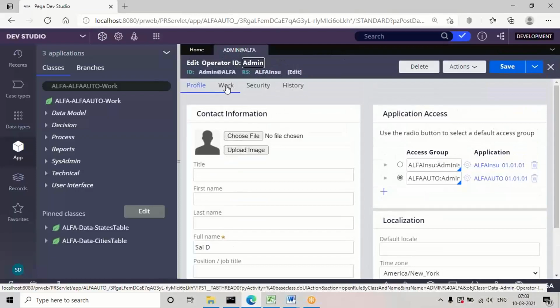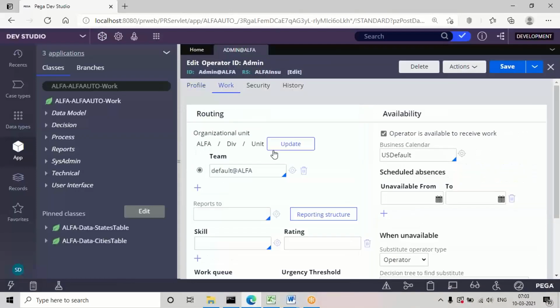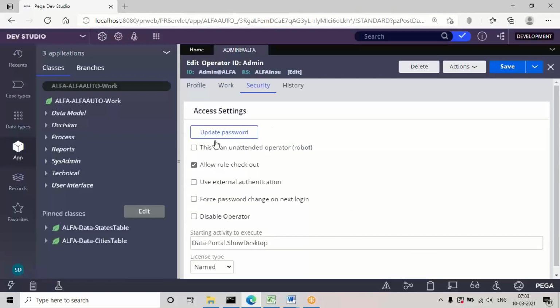And if you go to the work tab, we can find out whether any work groups are defined, and whether any report to person is specified. If you want to change the password, we can go to the security tab, and we can update the password from here. And apart from that,